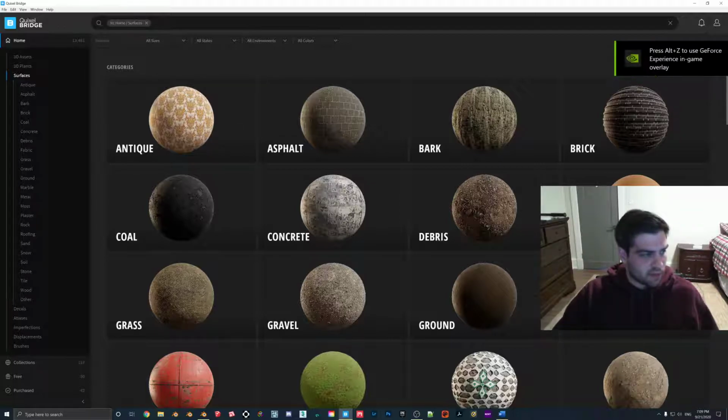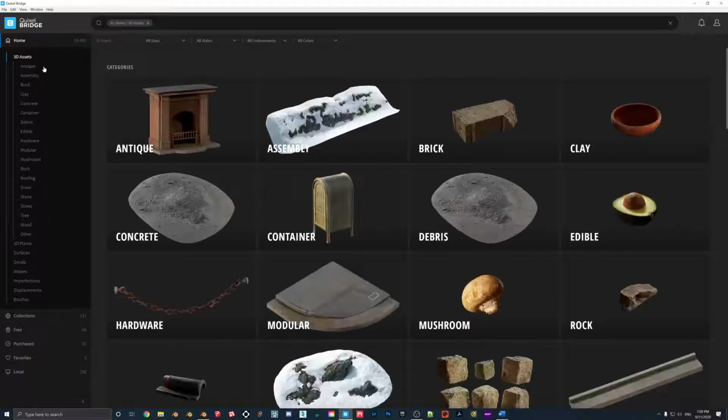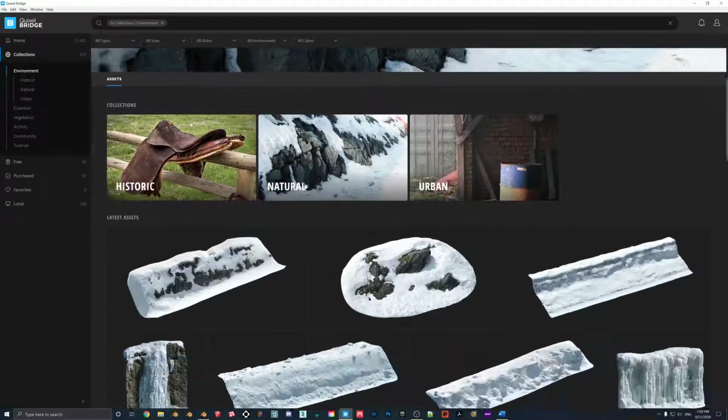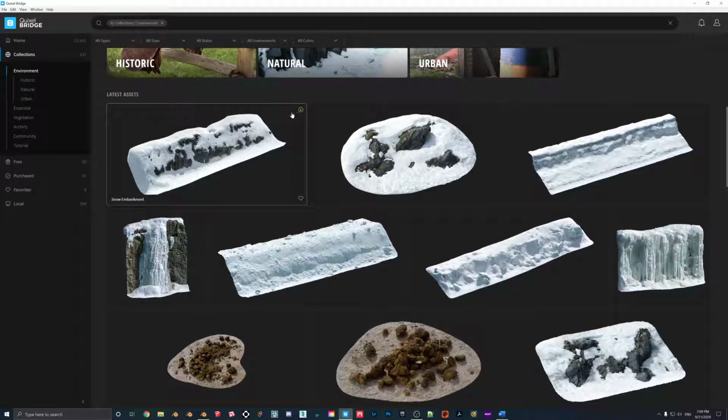I am going to close just the webcam here too, just so you can see the whole thing. So I think if I go up to 3D collections, actually I'll go to collections. I think environment. I'm trying to remember. I just downloaded one. I guess let's just do this one then. So if I hit this download button, this may just take a second, but this will come into Blender. Everything basically good to go